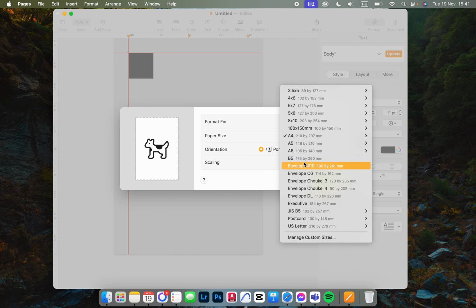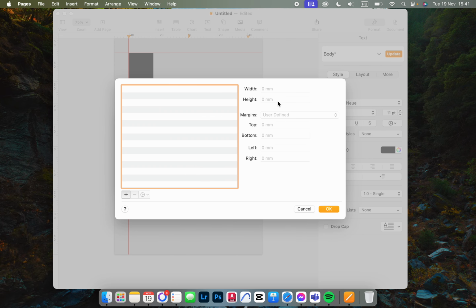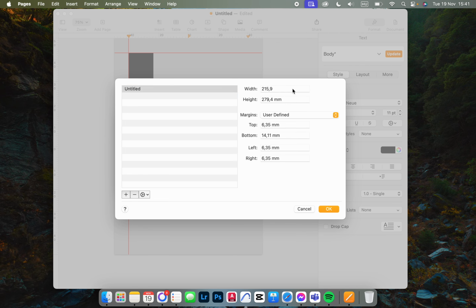We click on this. Here we have a list from which we can select, but at the bottom we have Manage Custom Sizes, and here we can add a new size. Let's say we want to have 500 by 700